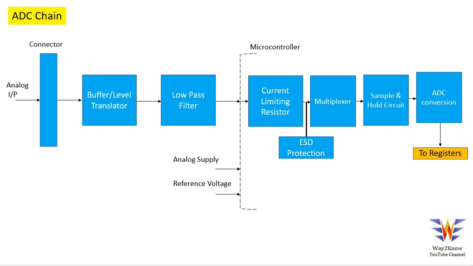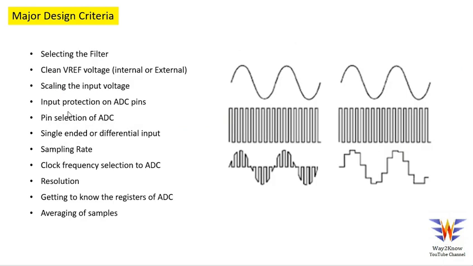Again, it depends on how good your PCB layout is, how expertly you did it, or what the noise conditions are on your board. So what we have to do is read the samples over a period of time and then take an average of those samples so that you can get the value as close as possible to 2 volts. This is the simple technique most design engineers follow, such that they get an accurate result.